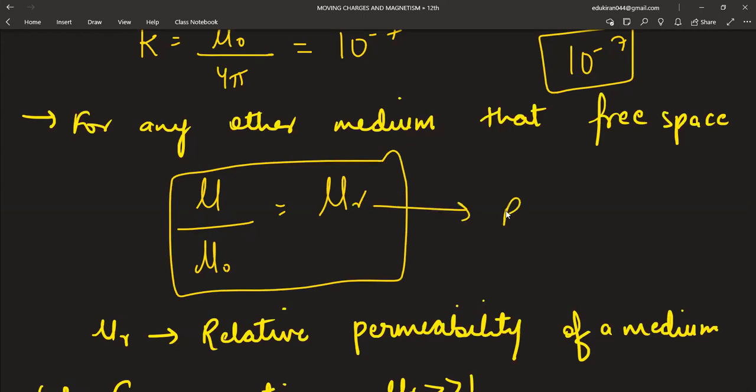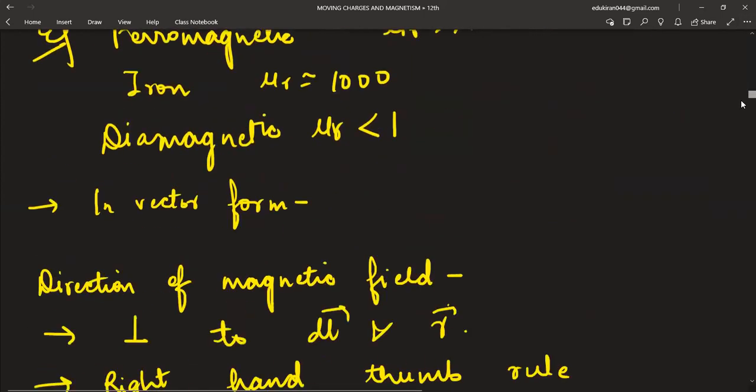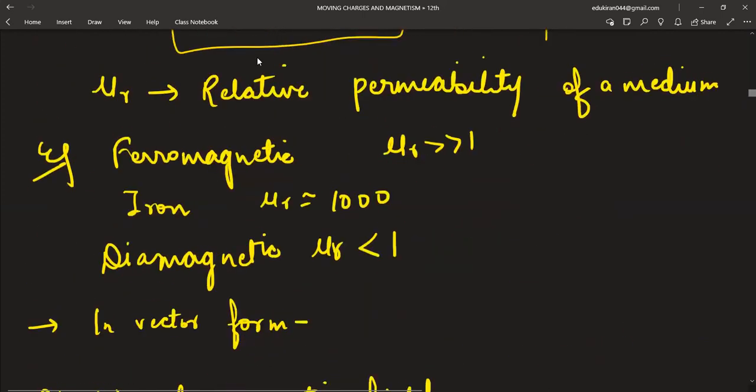Fine. So this is showing the relative permeability of the medium. All right. This tells about the relative permeability of the medium. Now,